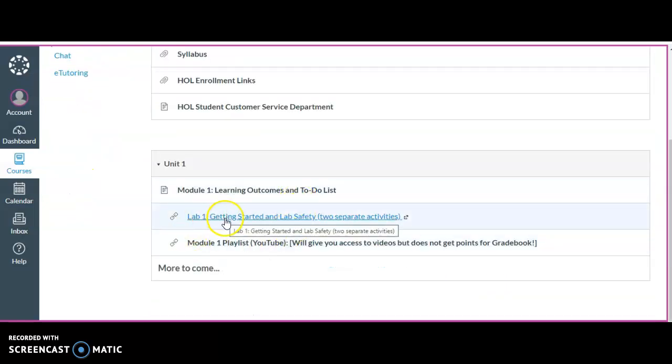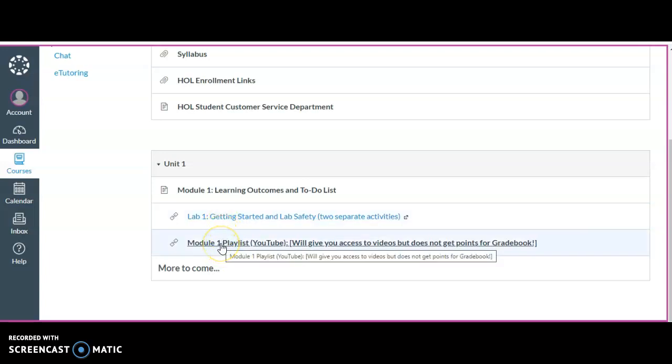Also within that is a link to go to the HOL platform and sign in to do your first lab. Lab 1 is actually 2 separate lab activities, both that are required in order to unlock any of the other labs. So make sure you get going on that. You do not need the lab kit for the first couple labs, so you can get going on those right away. And then here also is the playlist for the videos,